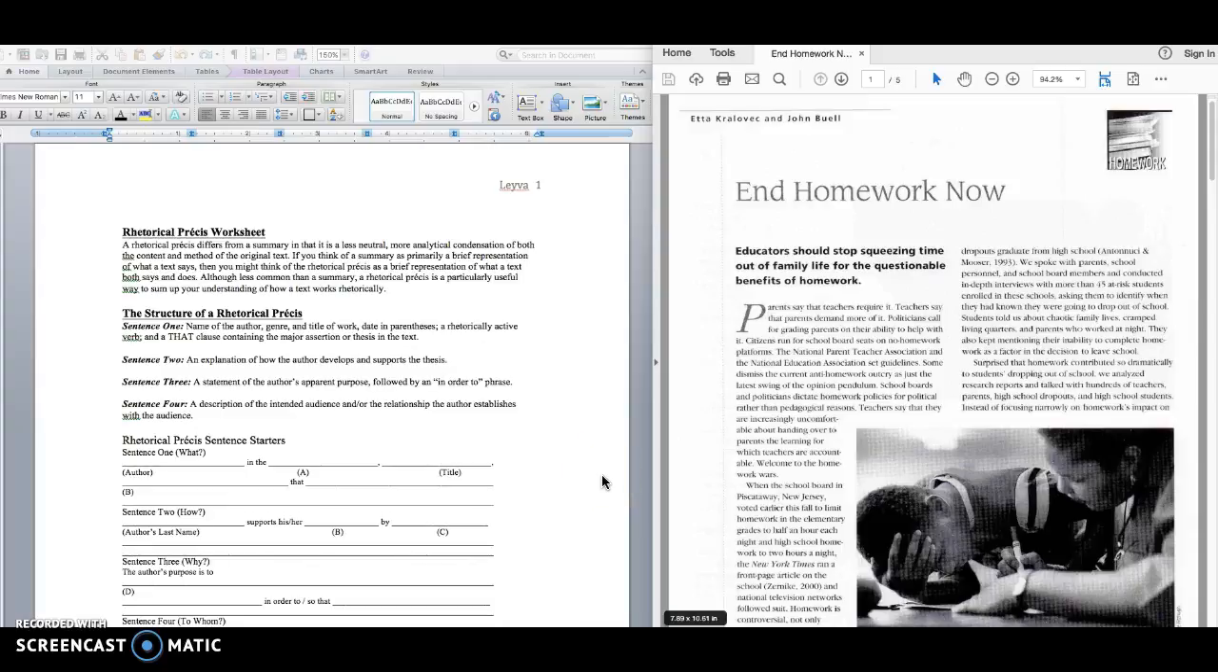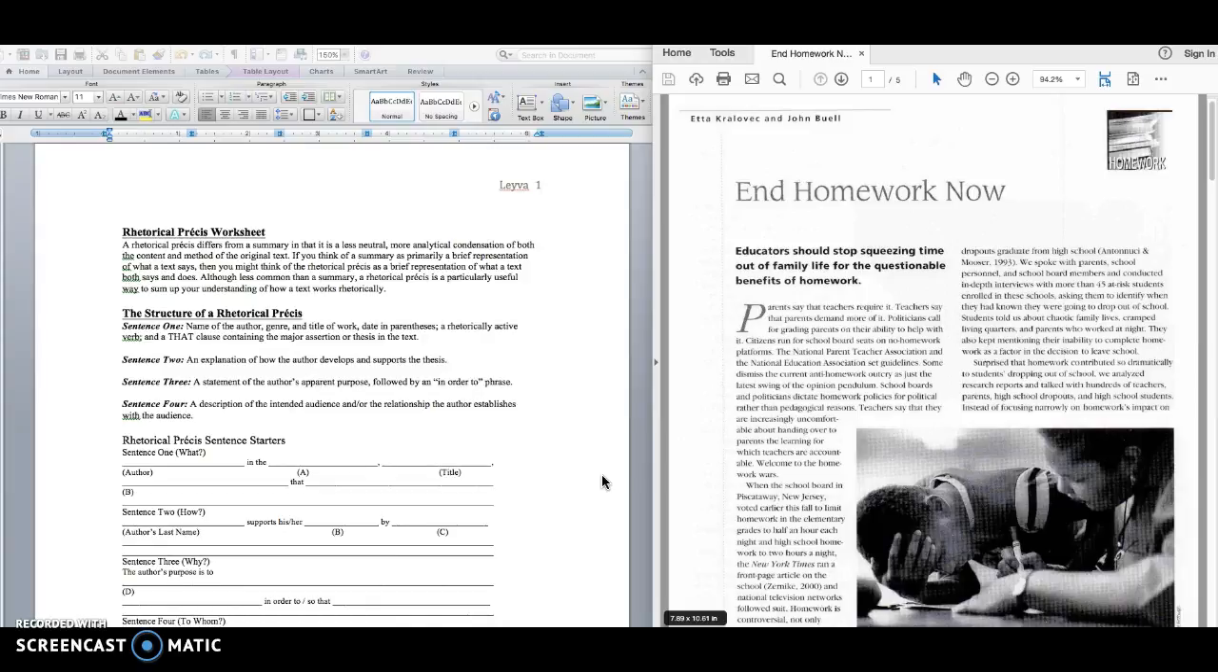Okay, you have to write a rhetorical précis worksheet, but you're not really sure what that is. Essentially, a rhetorical précis is a highly structured paragraph with detailed information about a text that you're reading. It essentially has four sentences. The first sentence gives the author's name, the genre, the title of the work, the date, and a rhetorically active